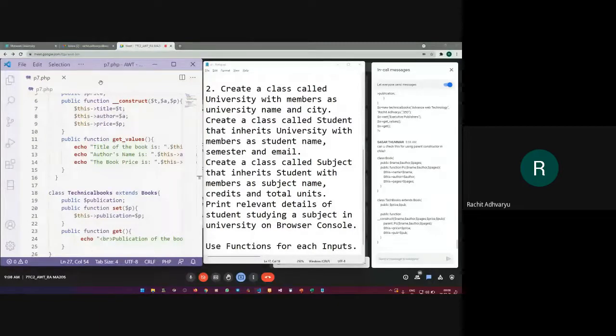Just wait. Public construct, pages, this pages equals pages. Then get value, equals book title equals the address of book.